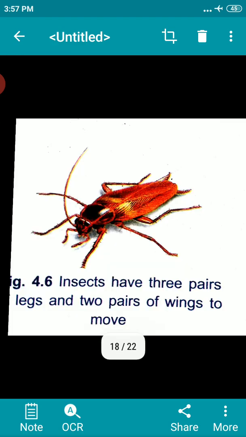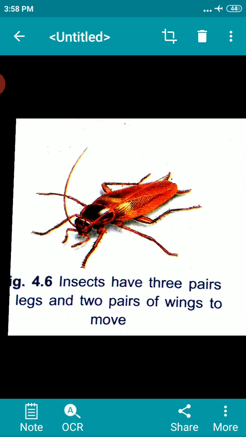So the next one is the cockroach. How does a cockroach move? Cockroaches walk and climb as well as fly in the air for short distances. They have 3 pairs of legs. These help in walking. The body is covered with a hard outer skeleton. This outer skeleton is made up of different units joined together. There are 2 pairs of wings attached to the breast.